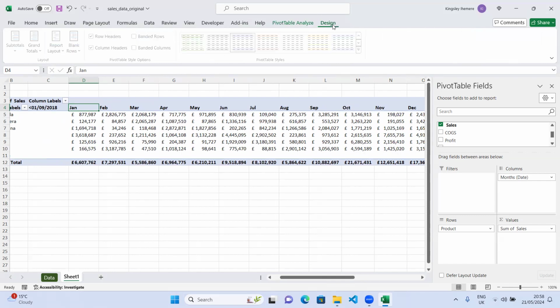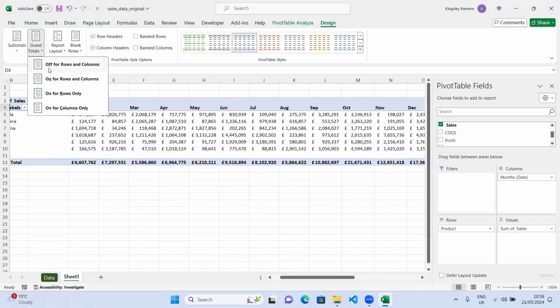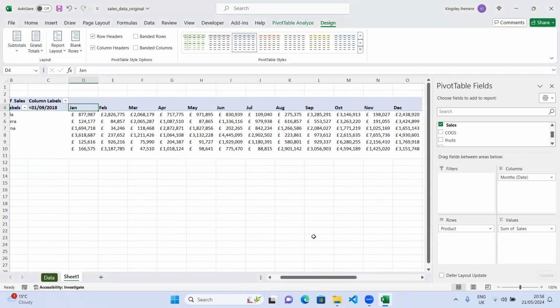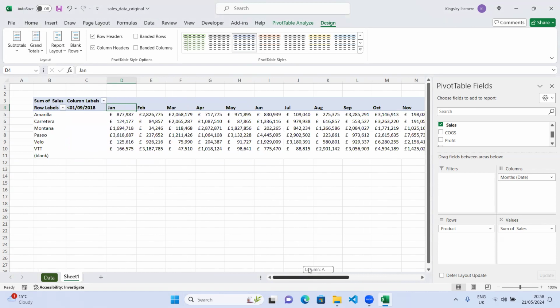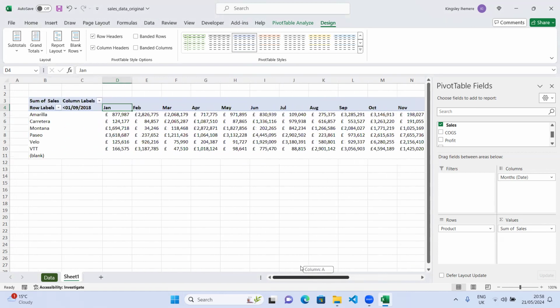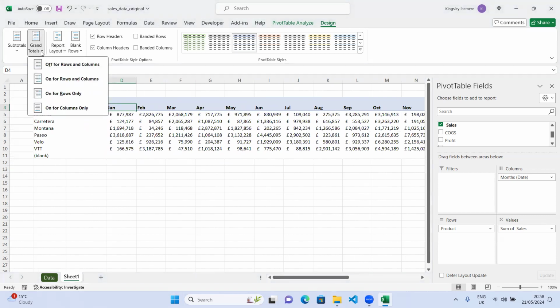Oh no, we can go to design and see grand total. So, off for rows and columns. If I click on off for rows and columns, I don't see any grand total at all. If I say, okay, I want it at the row level or at the column level, so what I want is